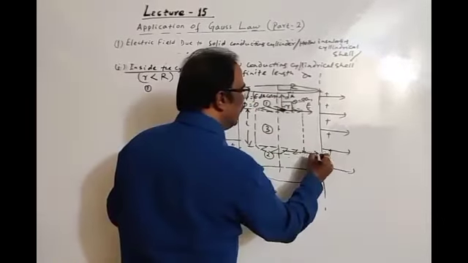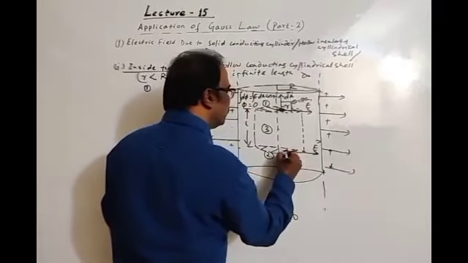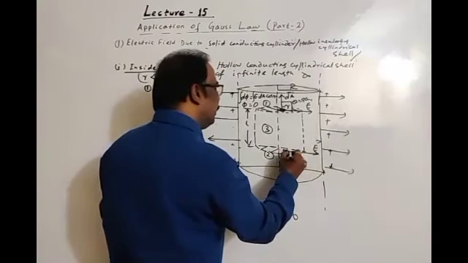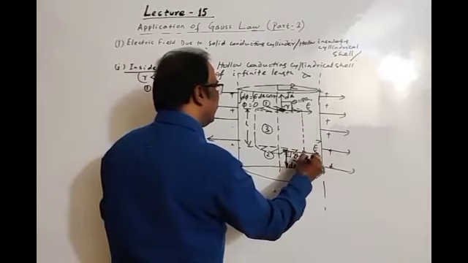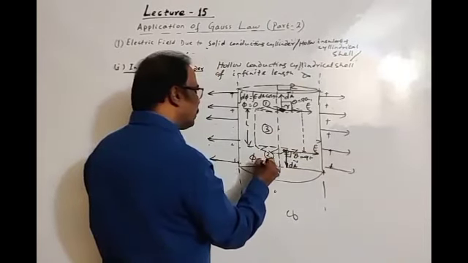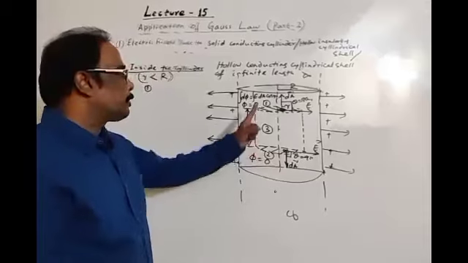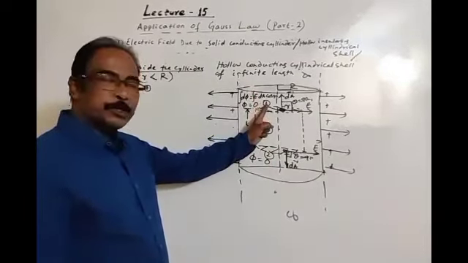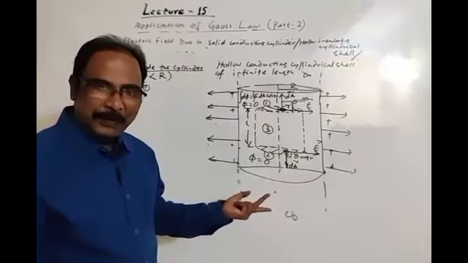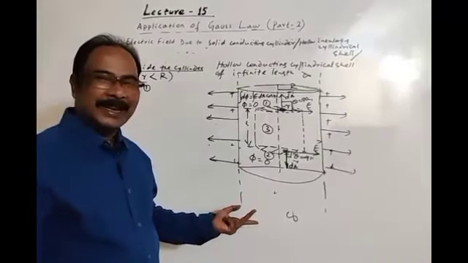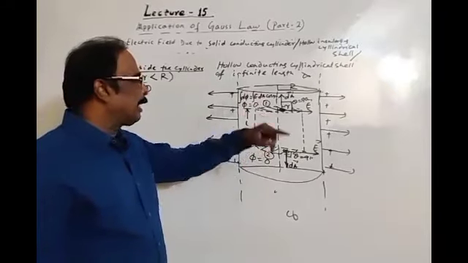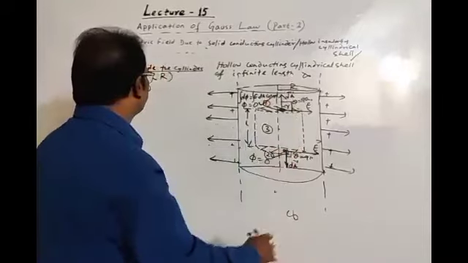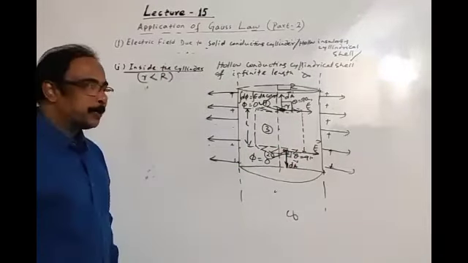Here also the electric field is in the outward direction. This is the elemental area, direction is outward. This is dA. Again theta is 90 degrees, and similarly for surface 2 the flux is 0. For surface 1 flux is 0, for surface 2 flux is 0. So for surface 1 the electric field is 0. Where there is no flux, there is no electric field. For surface 2 the electric field is 0. So for these two surfaces, surface 1 and surface 2, the electric field is 0.